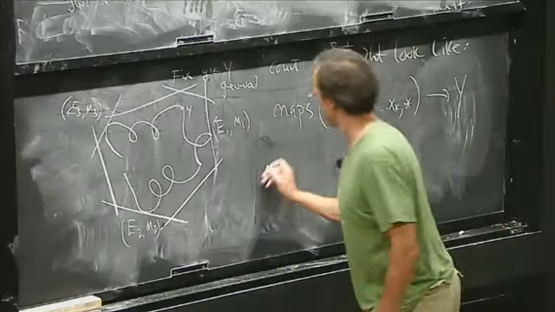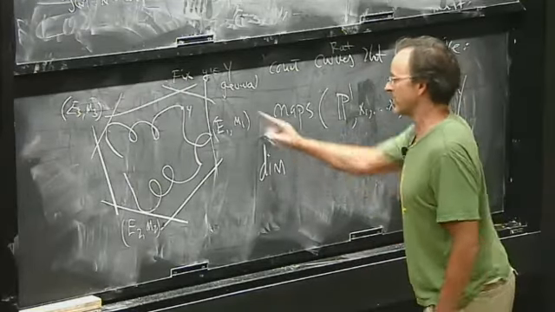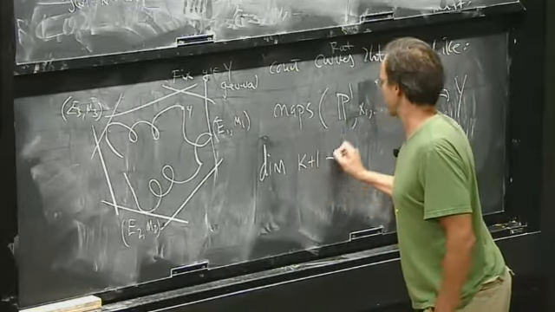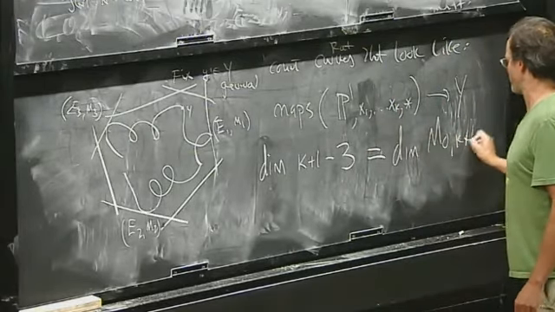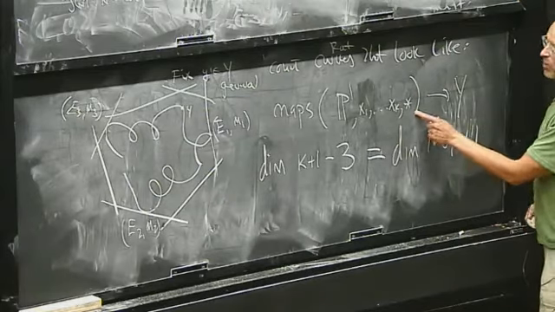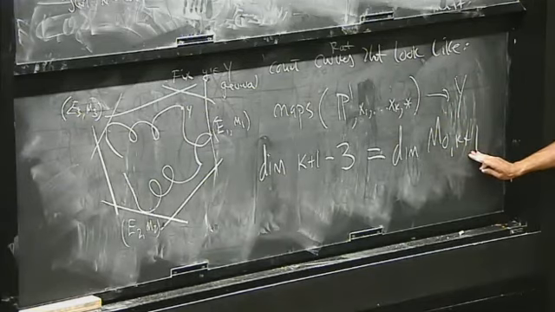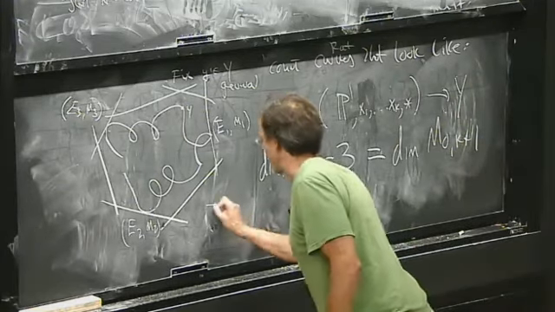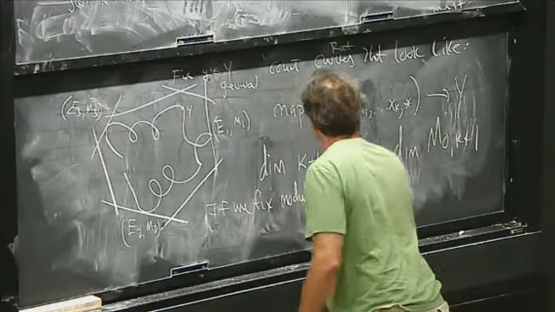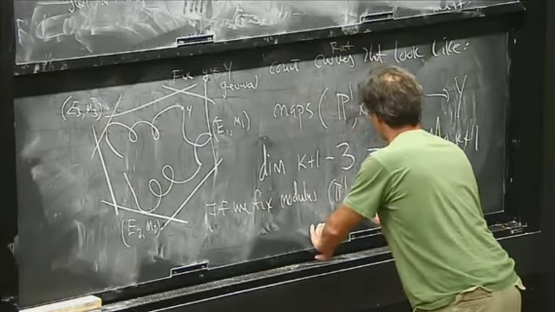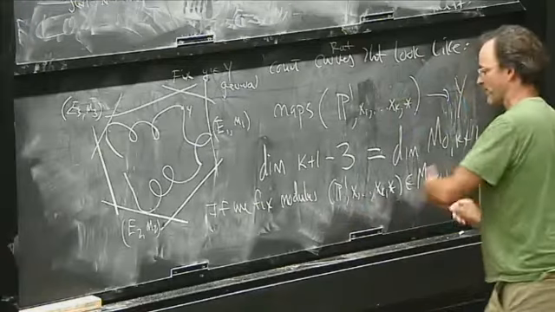The dimension is, just by naive Euler characteristic calculation, k plus 1 minus 3, which is the dimension of M0,k+1. So I have a P1 with k plus 1 points. The set of maps I have is exactly the moduli space of P1 with k plus 1 points. So that means if we fix the modulus of this P1 with these points in M0,k+1, then I get a zero-dimensional space.